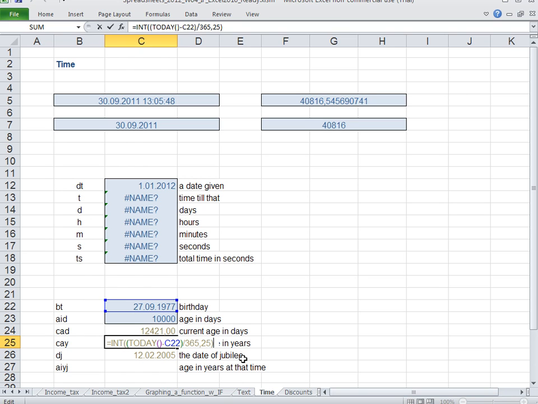Now the next thing is time. Let's check this as well. When we consider this cell up here,